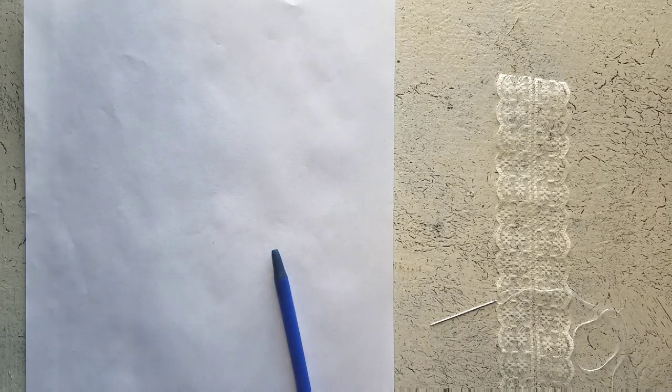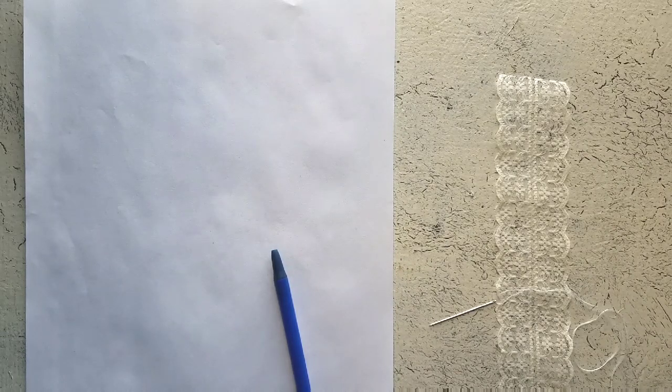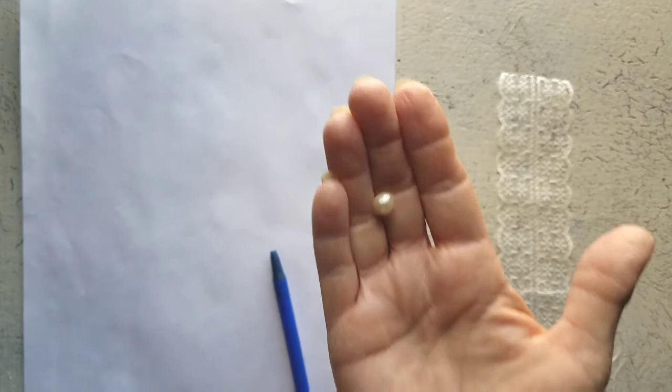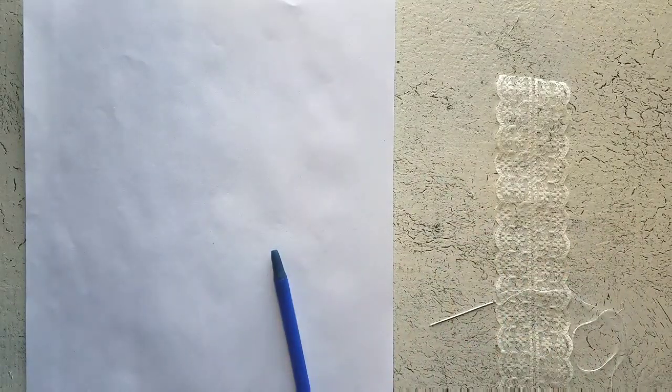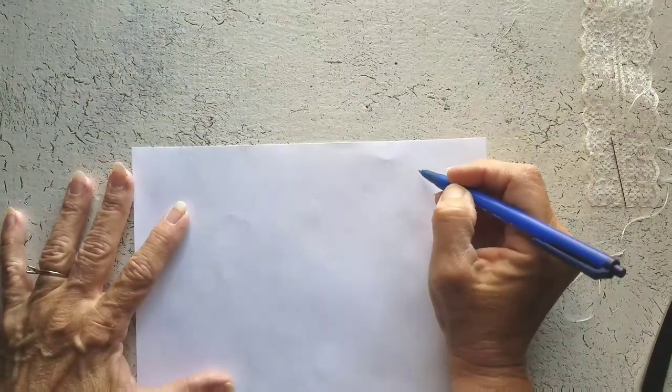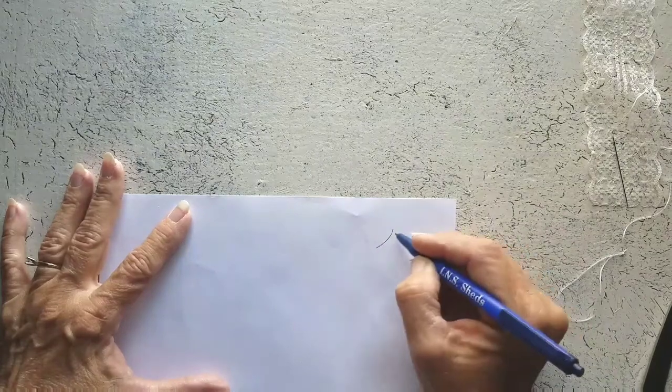I wouldn't use my glass beads for this project, so I have some little acrylic beads that I'm going to put on mine. Just whatever you have. Did I say a pair of scissors? I think that's it. Okay, to begin this project, what I did was I just kind of drew out the